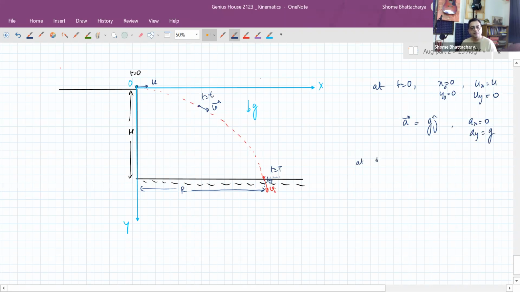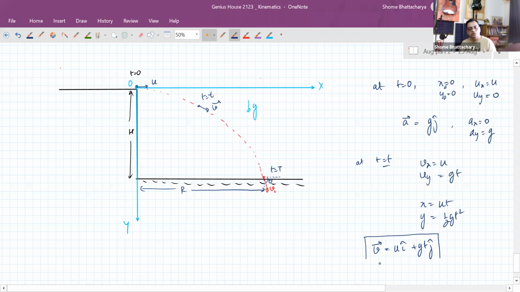Therefore, at any time t, the horizontal component of velocity will remain constant. The vertical component of velocity will become gt, so the horizontal component of displacement will become ut, and the vertical component of displacement will be half g t square. So at time t, the velocity will be u i cap plus g t j cap. But remember this time my y-axis is downwards, and the displacement from the starting position will be u t i